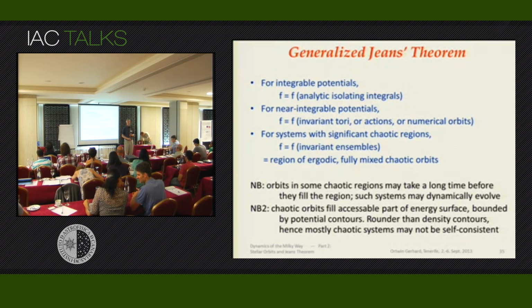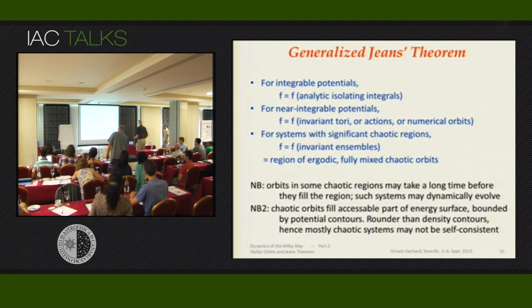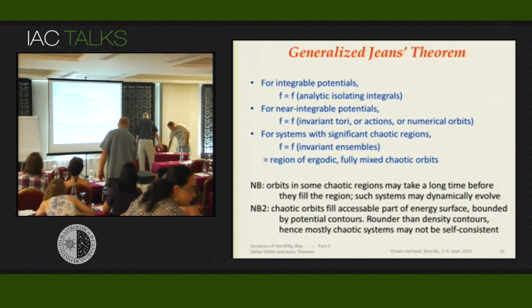It depends. If you're only interested in making an equilibrium model, you can in principle do it in this way. It is sometimes a little tricky to do because for the simple orbit families, they're easy to determine those turning points. But for the more complicated ones, it's not so easy. So that's one issue. And the second is, if you think about adiabatic invariance in slow evolution, then of